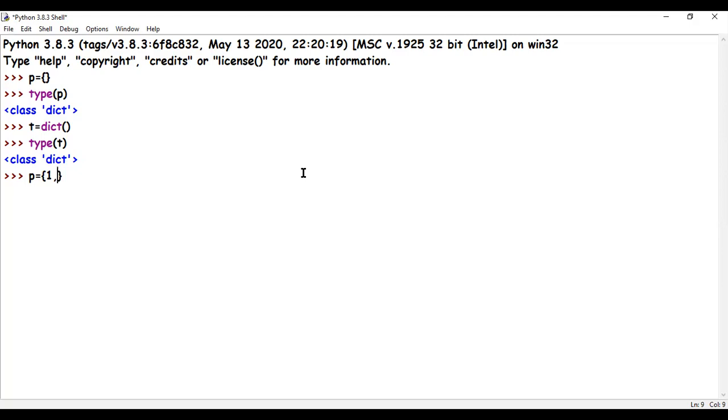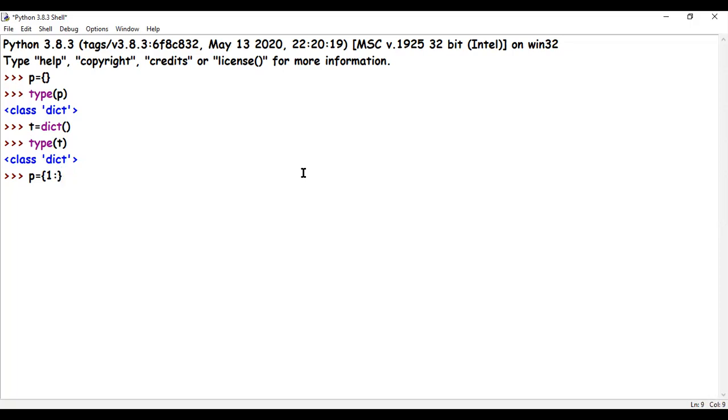So I can use integer as my key. And I use a colon to separate my key and value. So I say 1 and then over here I can have a list, I can have a tuple, I can have anything as my value. That is absolutely fine. My value can be anything, but my key has to be an immutable data type.